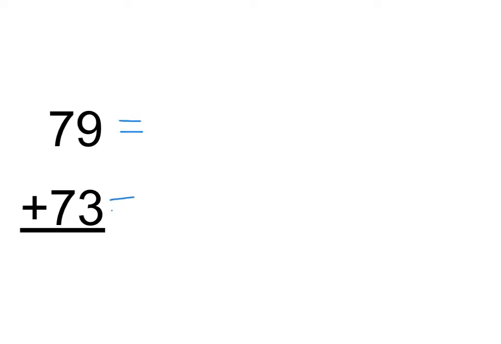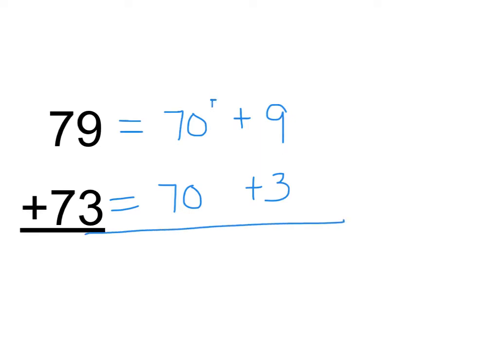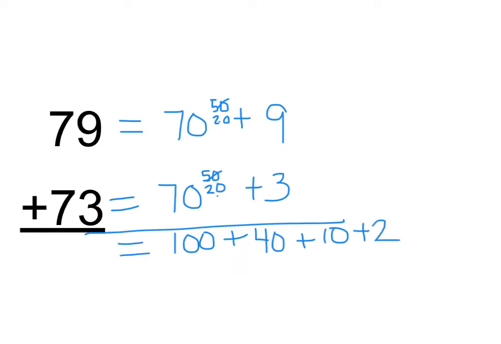79 plus 73. 70 plus 9. 70 plus 3. Do you want to make that 50 group? If so, we have a 50 and a 50 is 100, and 20 and 20 equals 40. 9 plus 3 equals 12, which is 10 plus 2. Combine your like terms, which are your tens, and get